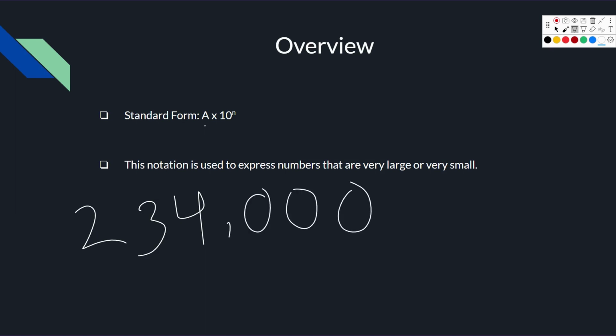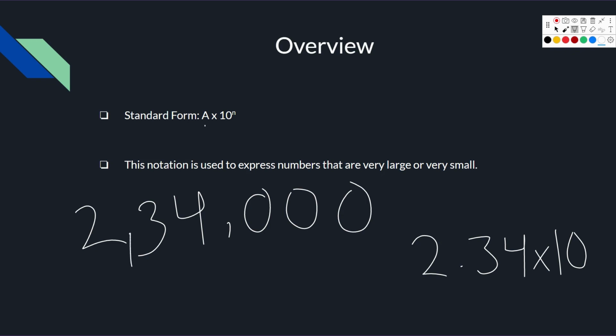234,000, all we do is go to the first number, which is 2, right? Put the decimal here, and we're going to have 2.34, right? If there are actual numbers after where you put the decimal point, you have to include them if they're not zeros. If they're zeros, then they become part of the multiplied by 10 to the n part. But if you have more numbers here after where you're going to be putting the decimal point, you have to include that as well. But this is going to be 2.34 multiplied by 10 to the power of, and we can see that